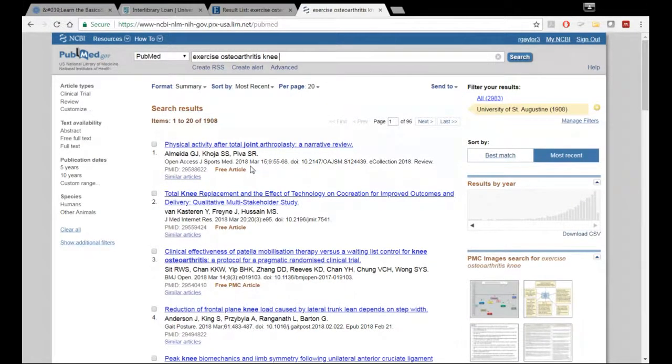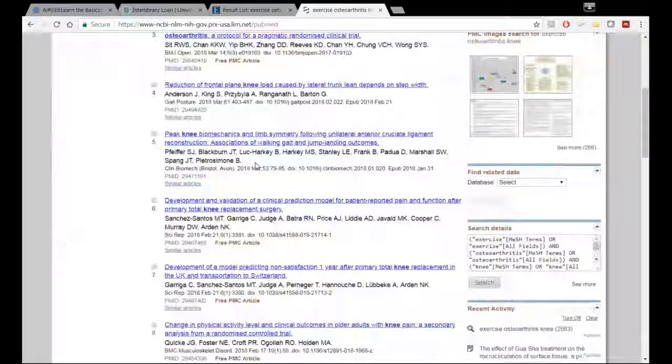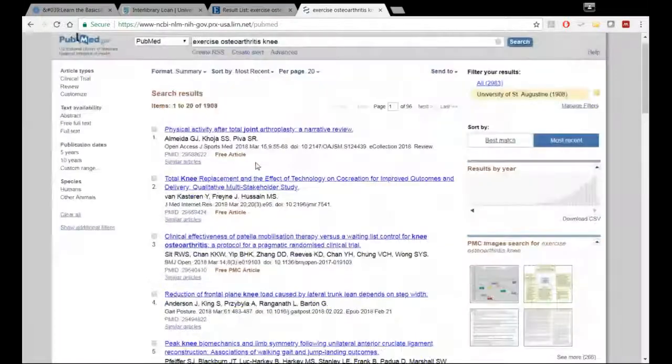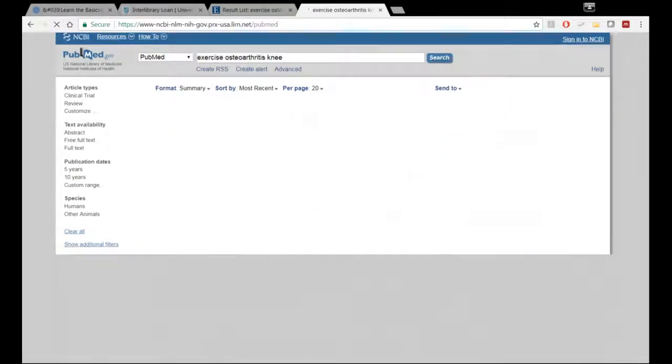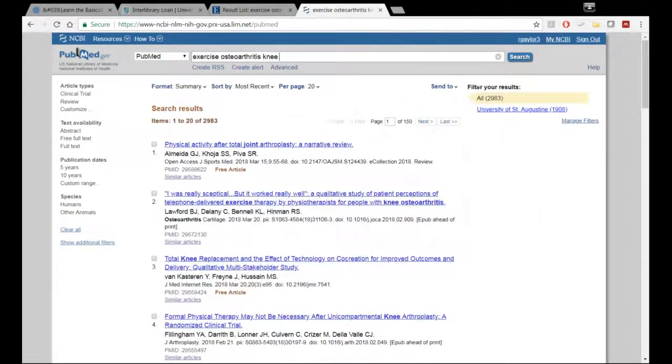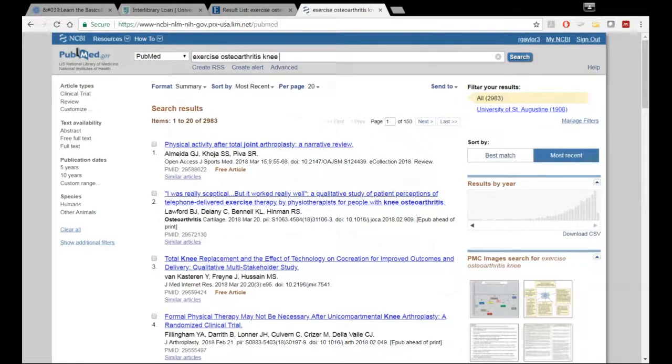This is the PubMed content we have access to. So it's a pretty fair amount. So that's what that filter actually helped you with right there. So let's go back to all really quick. And I have a PubMed session as well, and